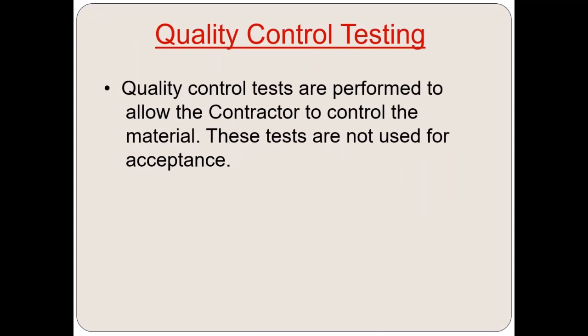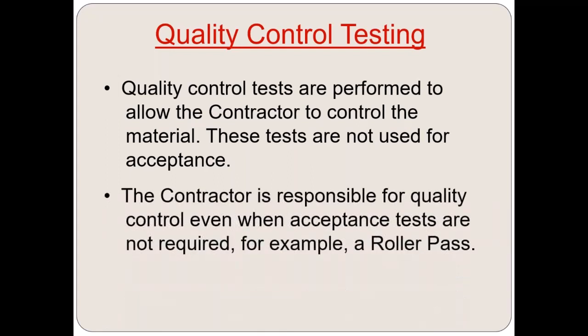Typically, our quality control testing is the testing performed to allow the contractor to control the material. These tests are not used for acceptance. The contractor is responsible for the quality control even when acceptance tests are not required. For example, with the traditional roller passes, the contractor does the roller pass, the DOH observes it. However,